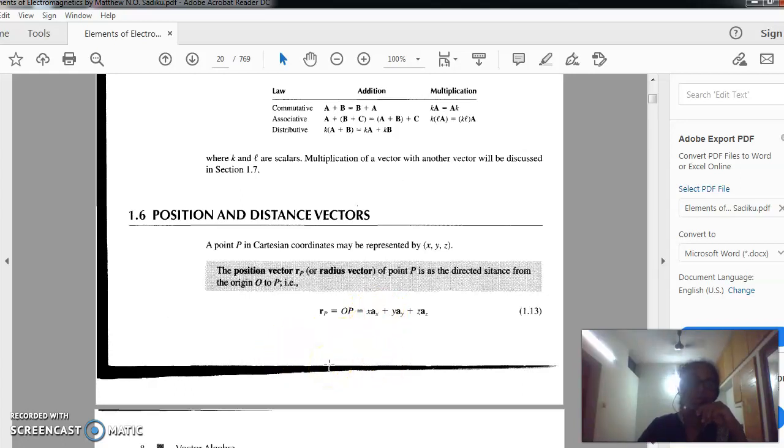And last class also I have told you about the vector known as position vector. It is the vector with respect to a reference point. Usually that reference point we take as the origin O. So from origin O to P, P is the point in space. So it is represented as Rp equal to OP, which is equal to, in terms of its x, y, z coordinates. As you can see, it is written here. Refer to the textbook. So position vector of a point P, any point in space.